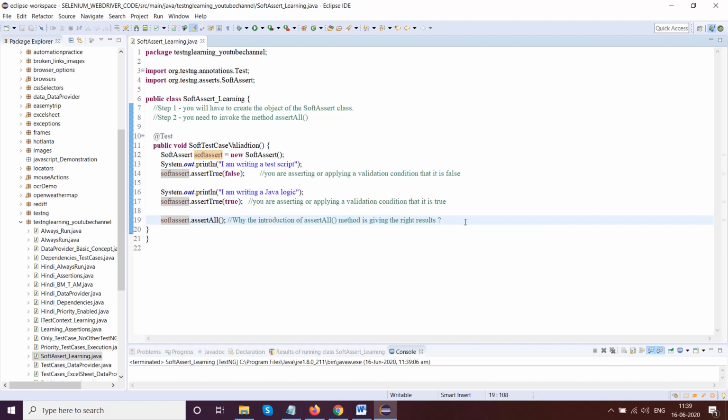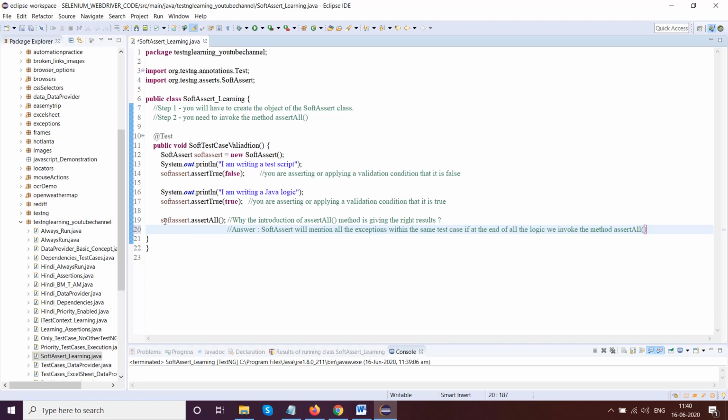So the answer here is, soft assert will mention all the exceptions within the same test case if at the end of all the logic we invoke the method assert all.